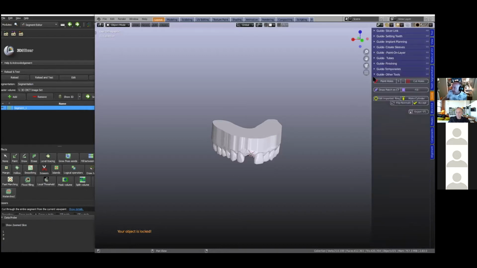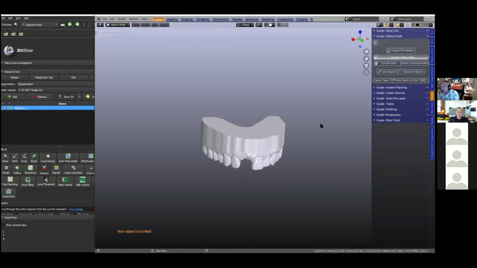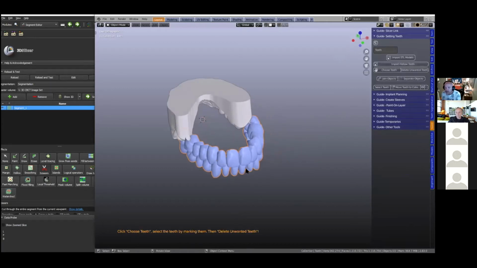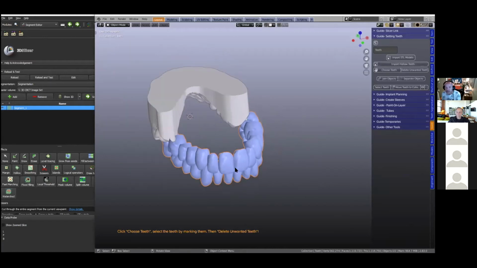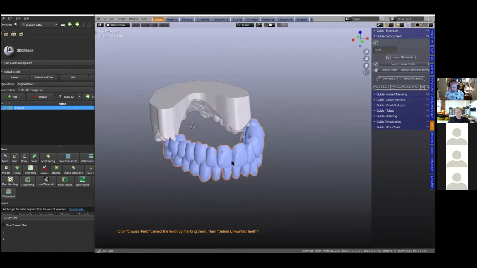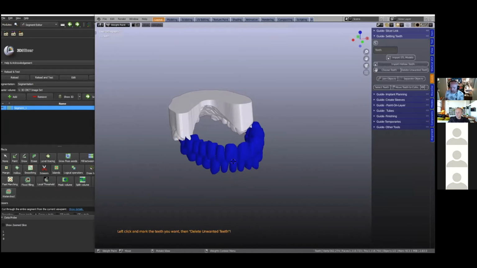Okay, so the next thing, we're going to set the teeth. In the setting of the teeth, we're going to import a hollow tooth library. And there's good reason for that, so that we can connect this to our implant later on. So once we've got this generic one in, we're going to click on choose teeth, and we need, I think